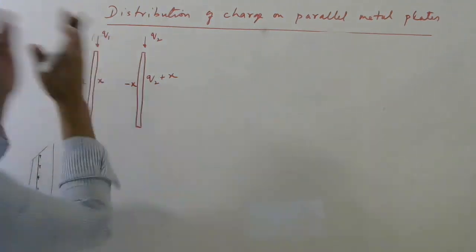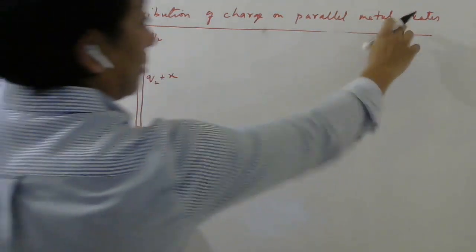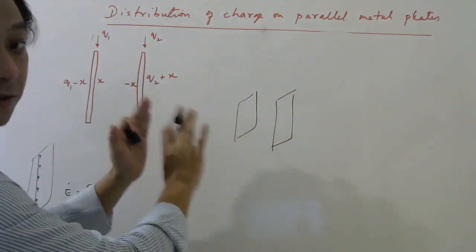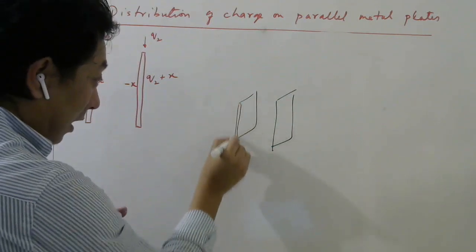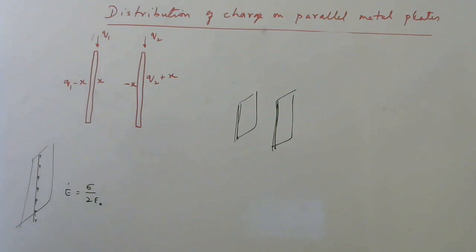See, these are actually plates. I may show you as lines, but these are actually plates. Actually they are like this, but from this side, you will see only this line and this line. So those two I have drawn here. Now this is the electric field due to a sheet of charge, which we know already, so keep that in mind.